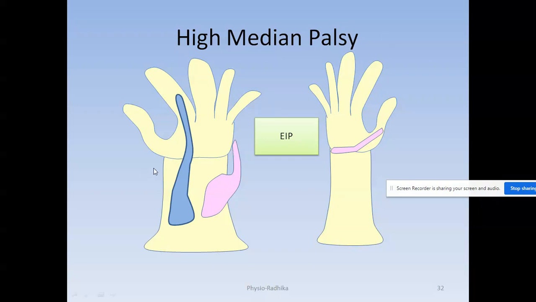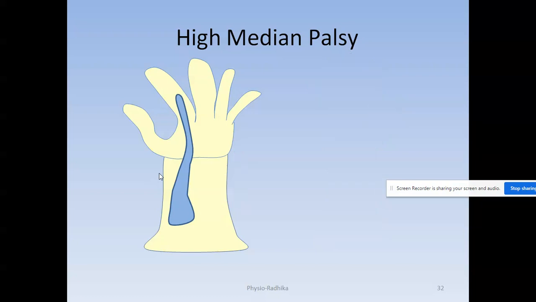Look at the image. When we are talking about median nerve, we have to choose again the different compartment muscle, because opposition is performed by the opponens pollicis, which is the smallest muscle. When we want the same action to be achieved, we have to choose the strongest muscle, which can be equivalent to the opponens pollicis. So the muscle chosen is extensor indicis proprius. Now coming to how it is done.